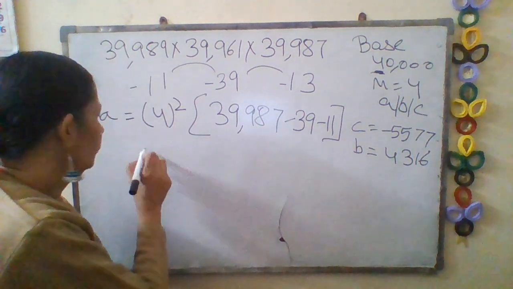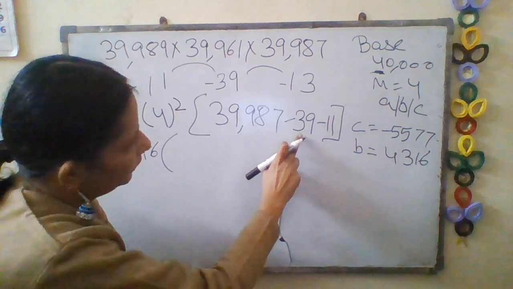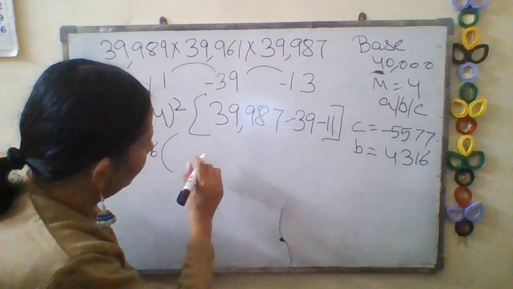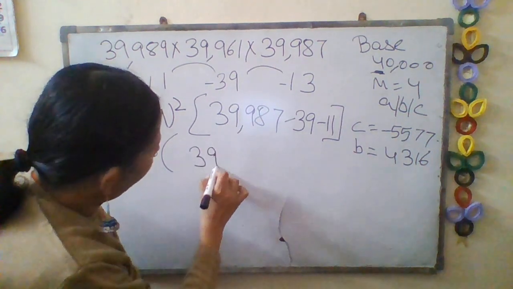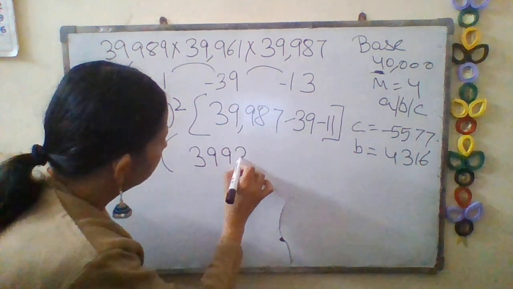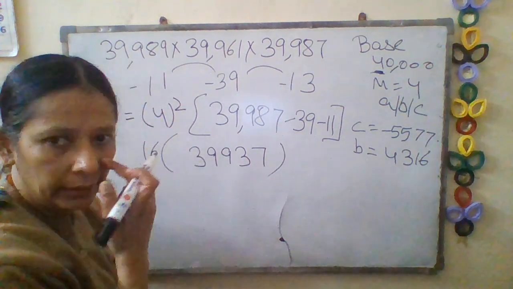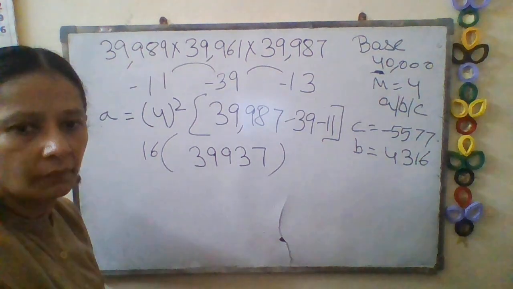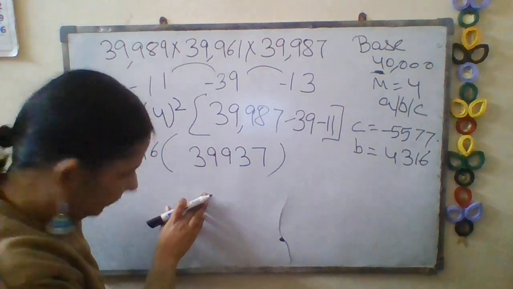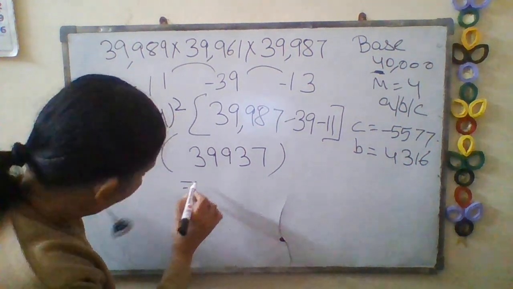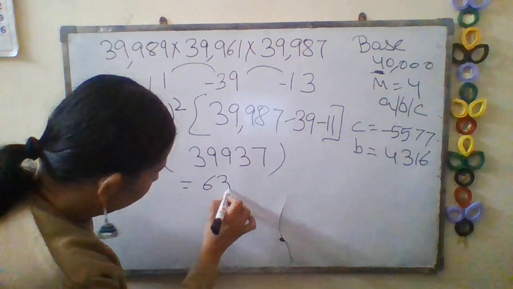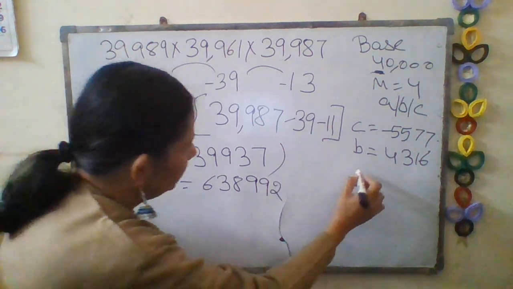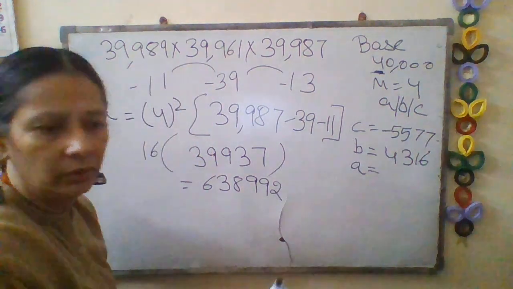Now this is 4 4 is 16. So now this is minus 50. Easily you can subtract from this minus 50. Okay, so what will you get here? Okay, now this is making your calculations easy. And this portion I have already solved for you. So here you will get 638,992. Now this is the value of A, and I am going to write down it here.